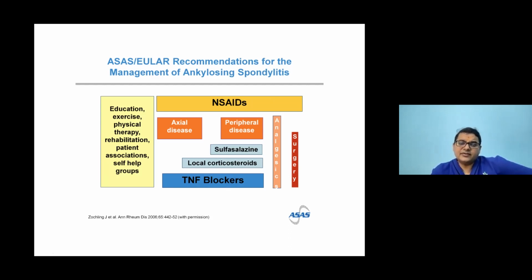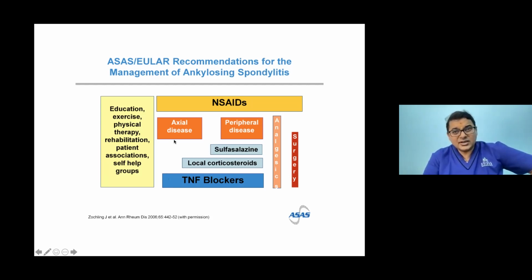And TNF alpha is the key cornerstone chemical or cytokine which causes inflammation, causing this axial disease or peripheral disease. So TNF blockers, if you see here in axial disease, there's no role for sulfasalazine. That is, if it's affecting only back or hip, if quality of life is much better with TNF alpha or biological agents. They come in the form of injections, in the IV injection form given through drips in our daycare